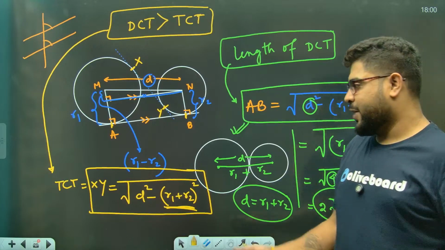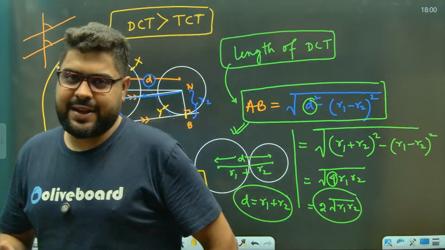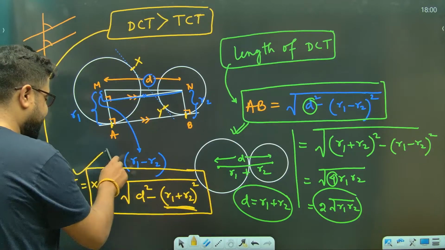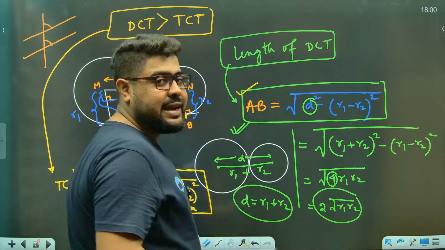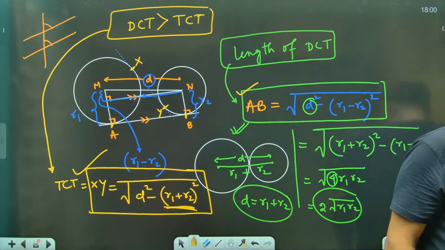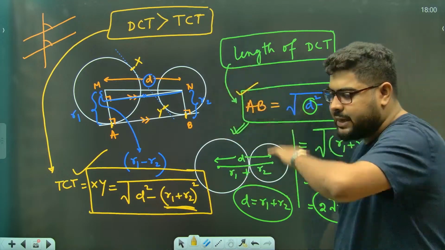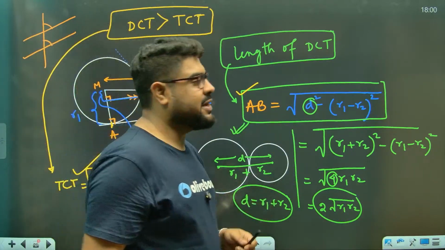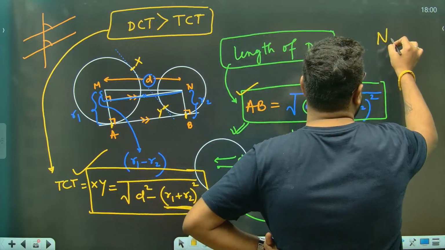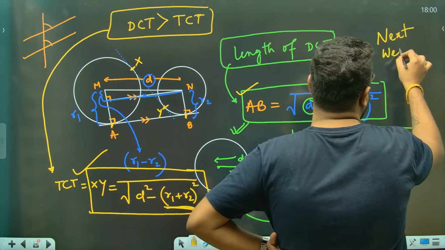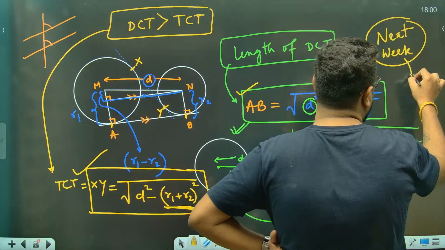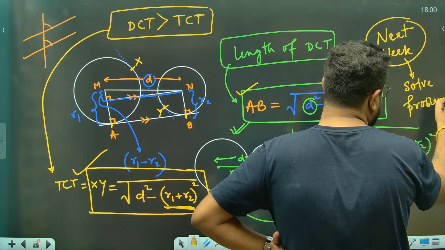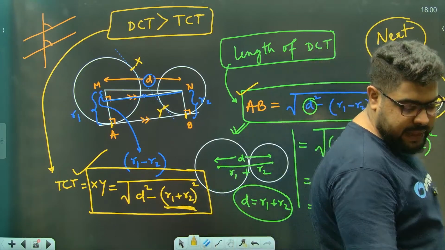You see, remember, understand why I'm showing you proofs again. The SSC will never ask why this happens, though last year only SSC asked you the direct formula for this. I guess this one or this one, direct formula CGL 24 में पूछा था sir. Okay, so it is all about understanding. Achha, so our time is up, so we will solve questions from there. That we will do in the next week's class. Next week also there will be classes, so we will solve problems based on this.